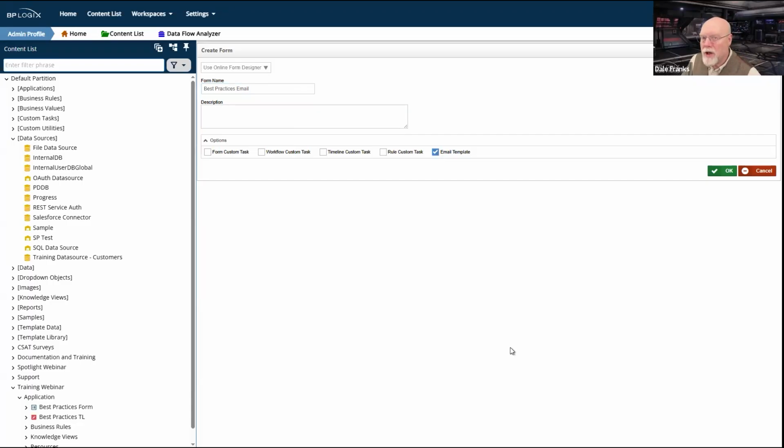because what we're going to do is generate an email template from this particular form. It's going to allow us to use the form designer to set up the look and feel of our email template, but email templates are special. It's going to make an email message out of this email template. Now that's going to apply a lot of limitations to us.